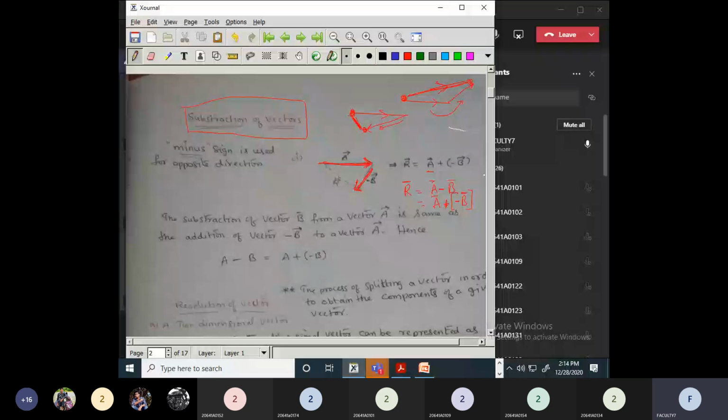Now the same thing, A minus B, we are writing it as A plus of minus B. You can write the subtraction as the addition also, but you need to have a minus sign. There is a minus sign here for the second vector. Now thereafter what we had seen,